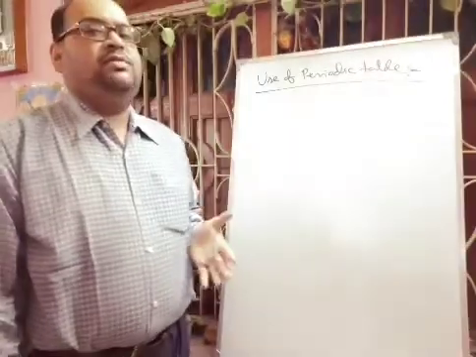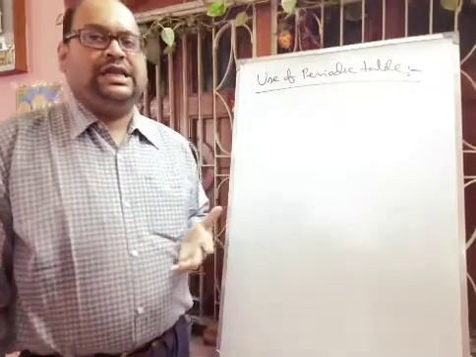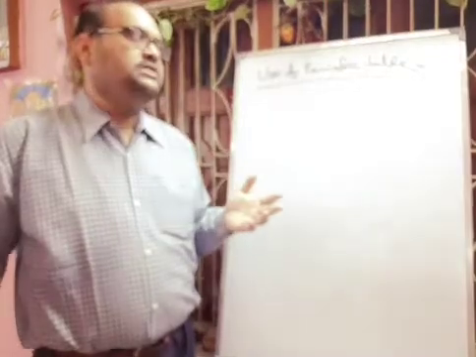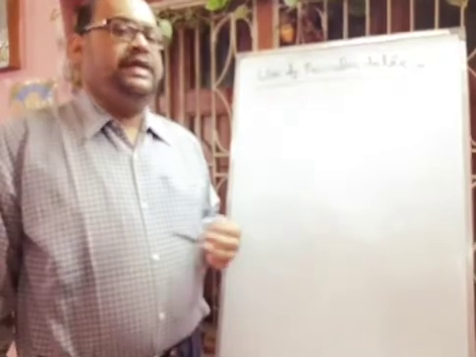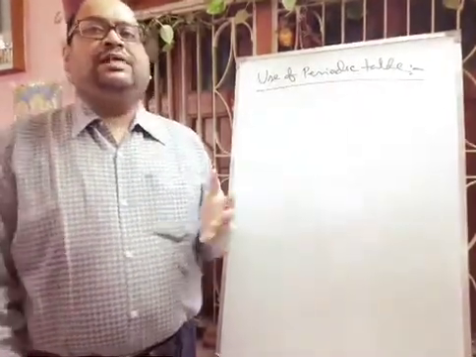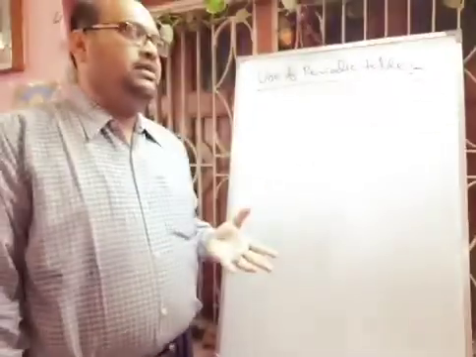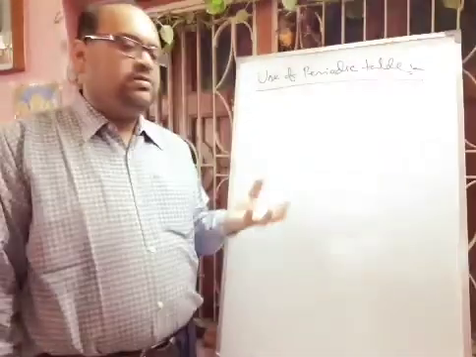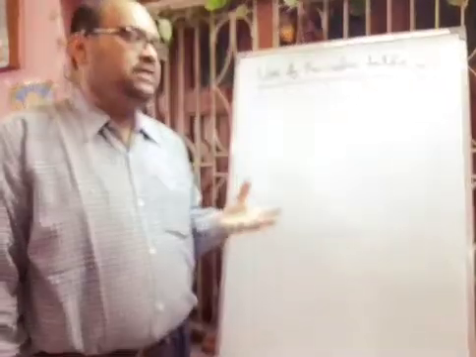And from this periodic table we can tell about the atomic number, electronic configuration, number of valence shell electrons, and the physical and chemical properties of the different types of elements. We can easily predict. And next we can predict the nature of the chemical bond, whether it will be covalent or ionic, and what will be the formula of the compound. From the periodic table we are getting the valencies of the elements and the properties of that compound.